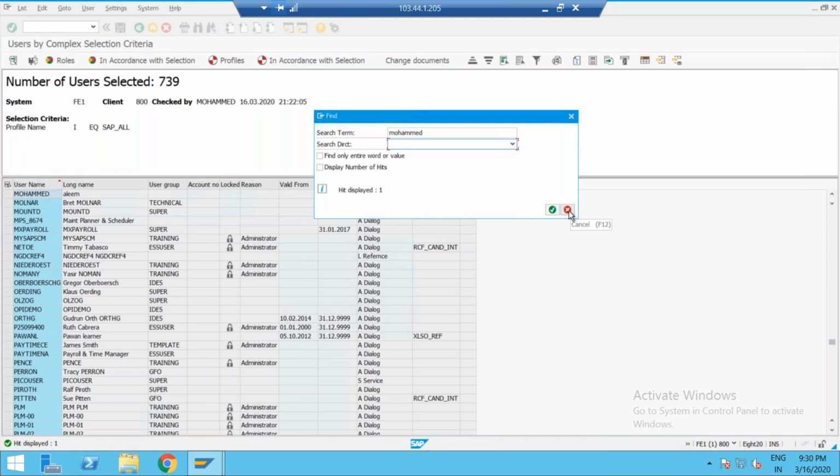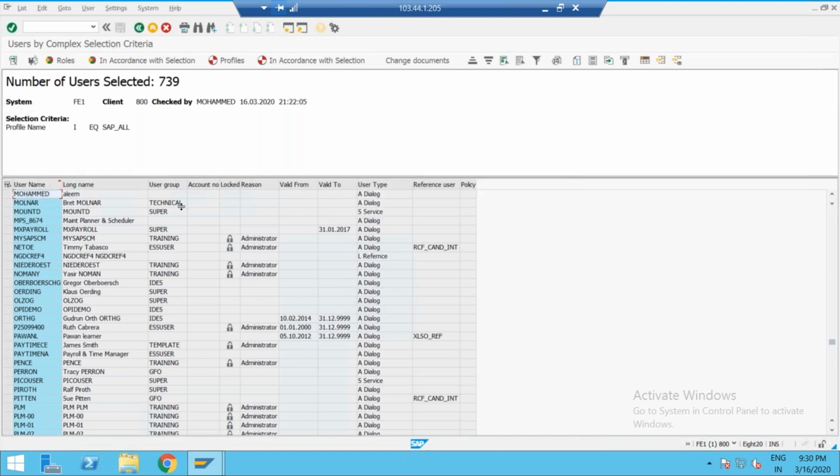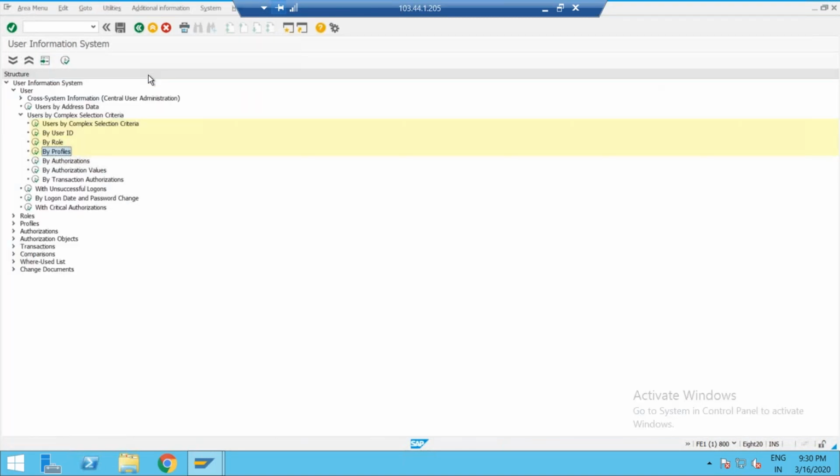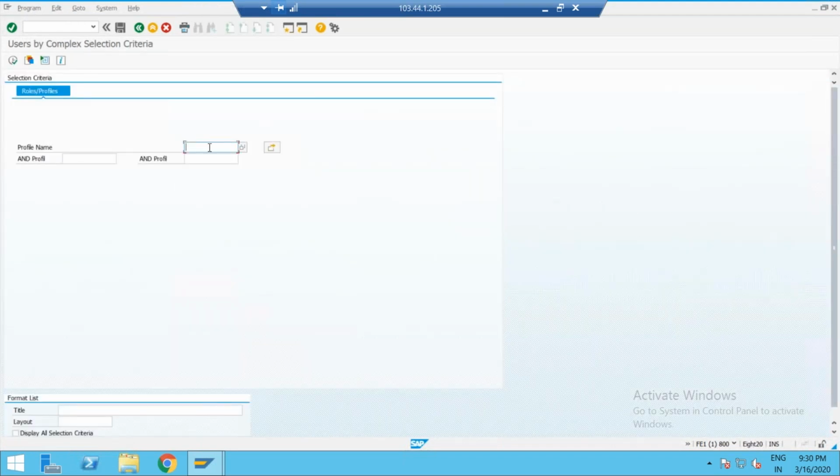Close it. Give that again, SAP underscore new. Same profile of SAP underscore new, any profile name. What we understand here is, for a particular user ID, how many profiles are there, how many roles, you can check all those things here only.